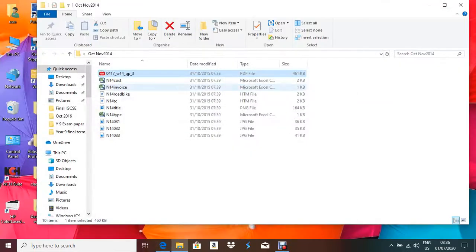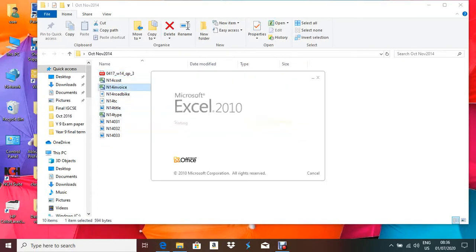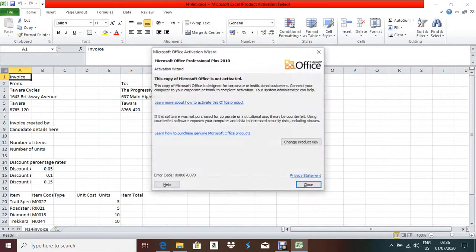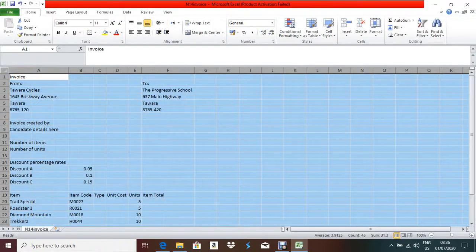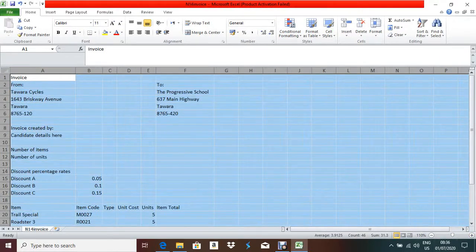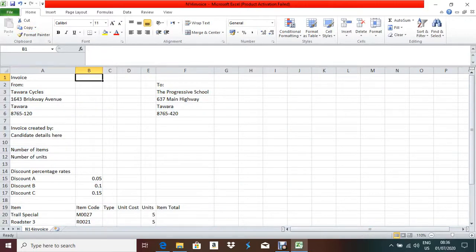Now let me open that particular file, invoice.csv. So this is my file. Now block the whole thing and double click between 2 columns so all the data will be visible. Now you have to save it as an Excel workbook. File, save as.